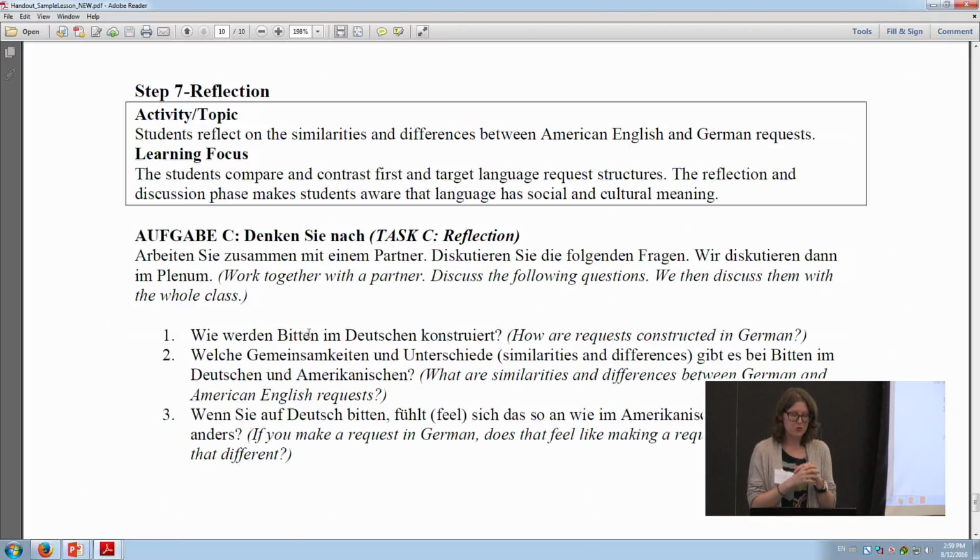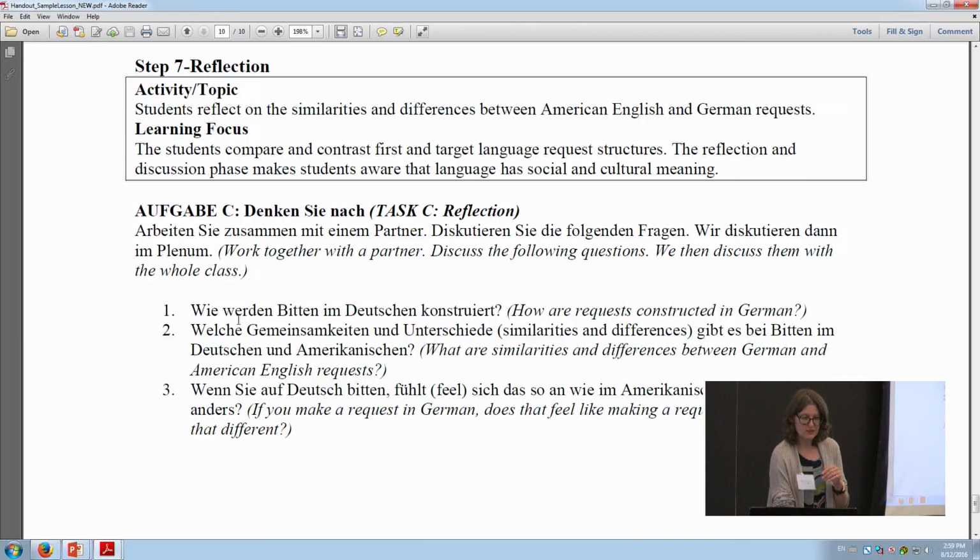Okay, and so what I had students do in pairs first or in small rooms, discuss these questions, kind of like a little summary: how requests are constructed in German, what are the similarities, differences, and actually how do you feel about this? Okay, how do you feel making requests in German? Is that very different from making requests in American English? Is this kind of weird, or is it no different? Yeah, okay, and then we brought this back to the whole group and